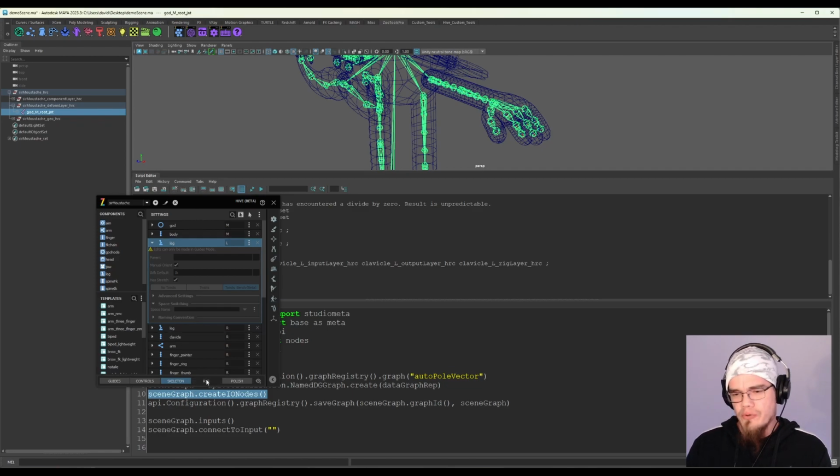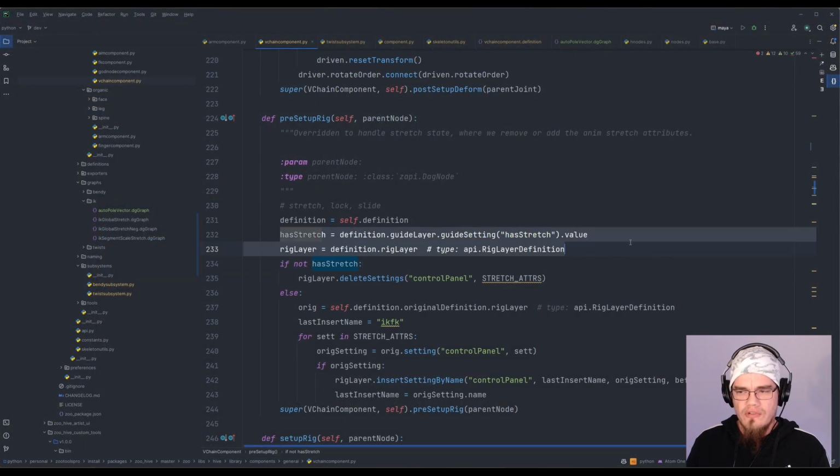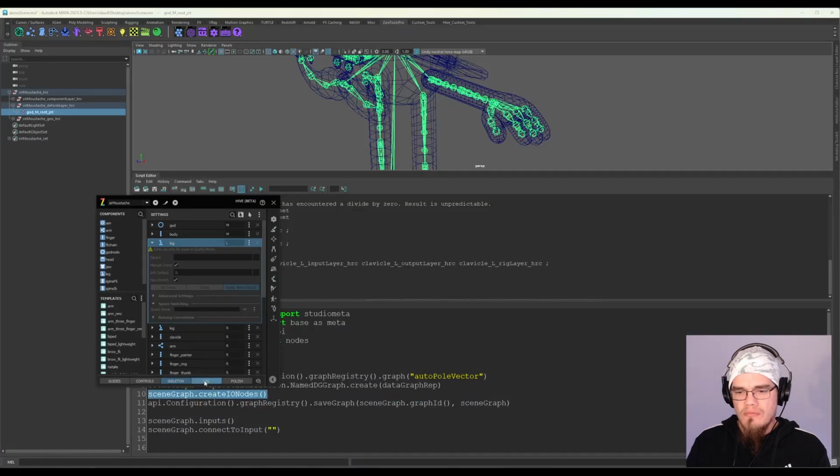If I go into rig mode, normally you would expect this to fail because I need to be able to place my rig relative to my guides. I need to know where my guides need to be placed, like my controls. I need to know what properties you set. If you have has stretch in the UI, you have stretch. I have has stretch turned on. In code, I'm accessing has stretch, but the guides don't exist. But in Hive, when you go to rig mode, it doesn't matter